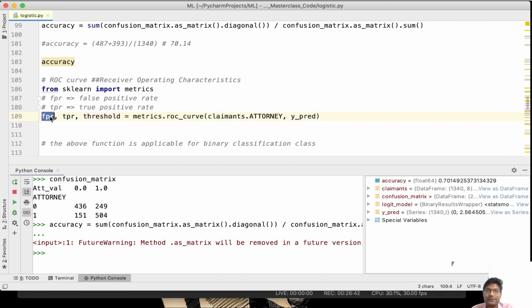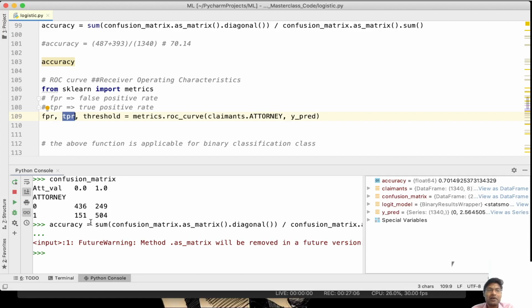FPR is the false positive rate. TPR is the true positive rate. If you remember from the confusion matrix, there is going to be a false positive and a true positive. 1 and 1 is true positive, 1 and 0 is false positive. We are going to get these 2 values, but from a different perspective.